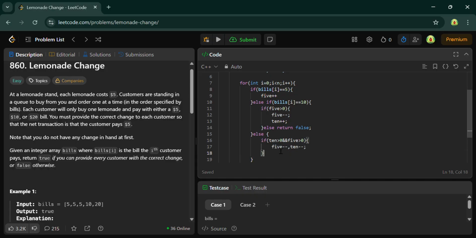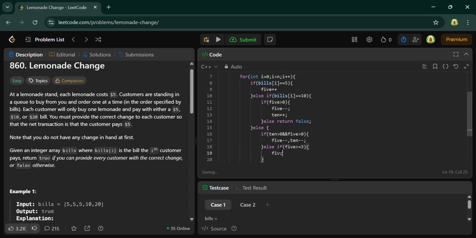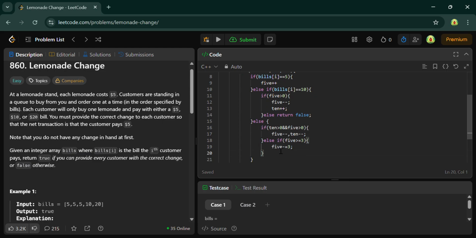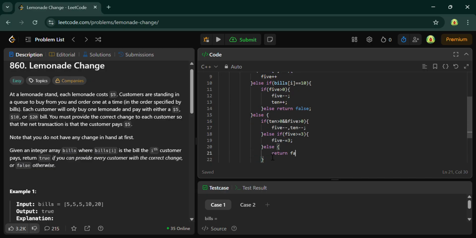Else, if the 10 is not there, or the 5 count may be greater than or equal to 3, then you just have to do five minus equals 3. Else, you have to return false.